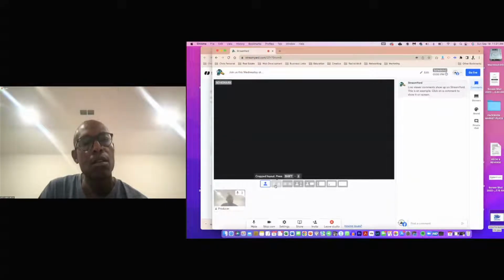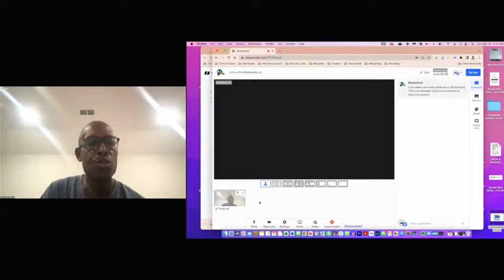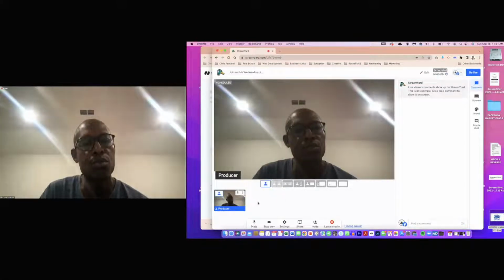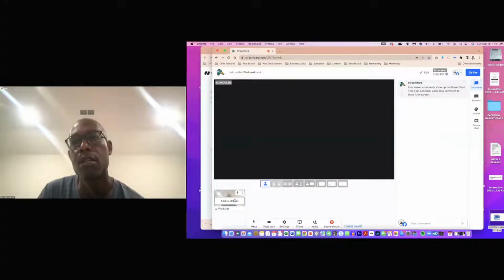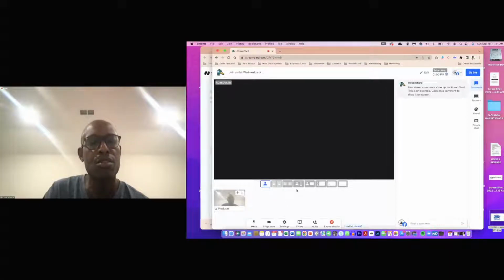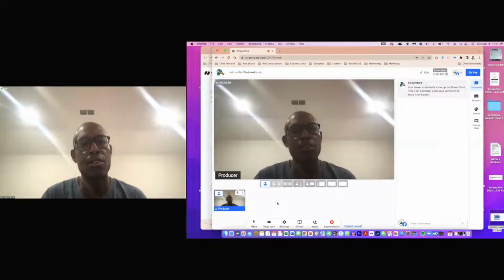StreamYard has set it up so it's almost like a mini virtual switcher. So you can actually add and remove individuals from the screen based on when they're talking. Instead of just having a static shot of just the speaker, you could have 2 people up, 3 people up, however many you want to have up at one time. I normally just try to stick to 2 individuals up at any one time so that those individuals can be seen talking to each other